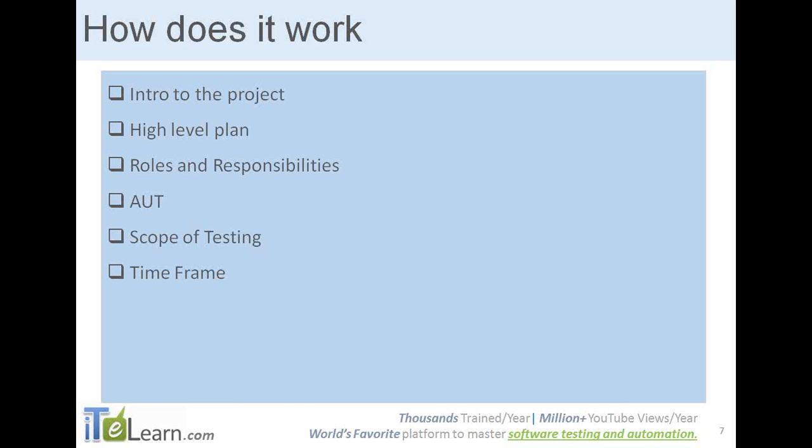Next is scope of testing, like whether you are going to do manual testing, performance testing, performance tuning, or monitoring, or whether you are going to test, say, 10 scenarios, and the out of scope scenarios are 5 or 6.